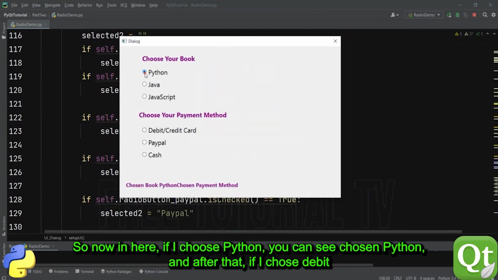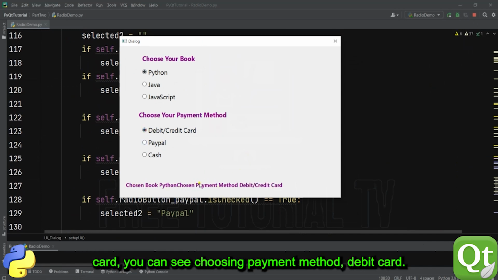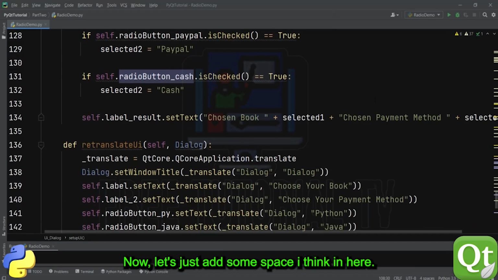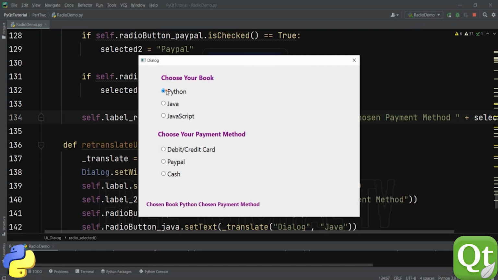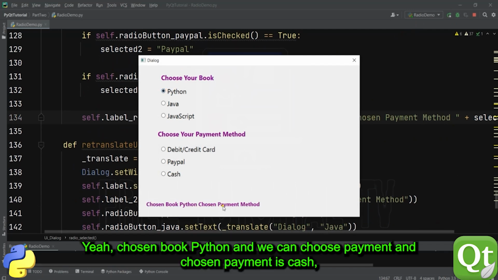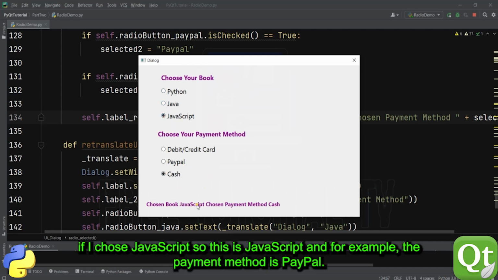So choose Python, chosen book version, the payment method is also displayed. Now let's add some space. I think here. Let's run once again. Yeah, chosen book Python and chosen payment cash. So change JavaScript, PayPal,